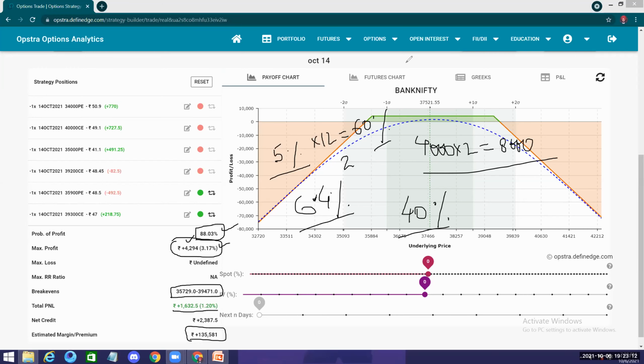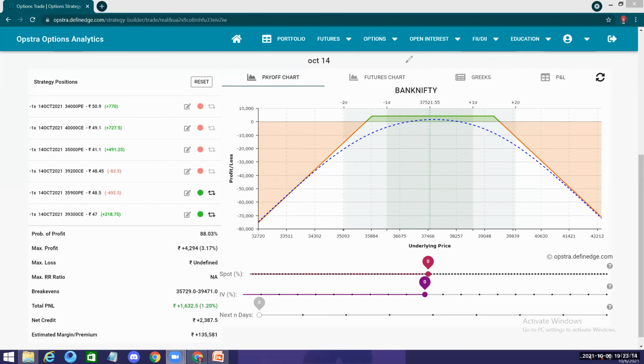So today the Bank Nifty moved up and down and came back. And still I am in green, and my total running loss is minus 200. So tomorrow if Bank Nifty comes down, nothing much is going to happen. This may come down to 20. I will move a little more inside. So if Bank Nifty moves down about 300 points this way, this will turn out to be just 21 rupees. I will exit here.